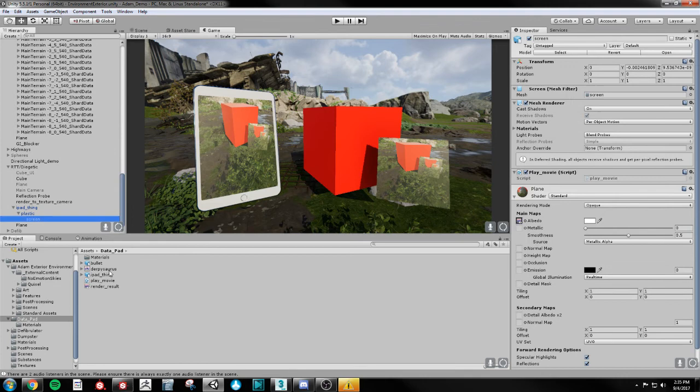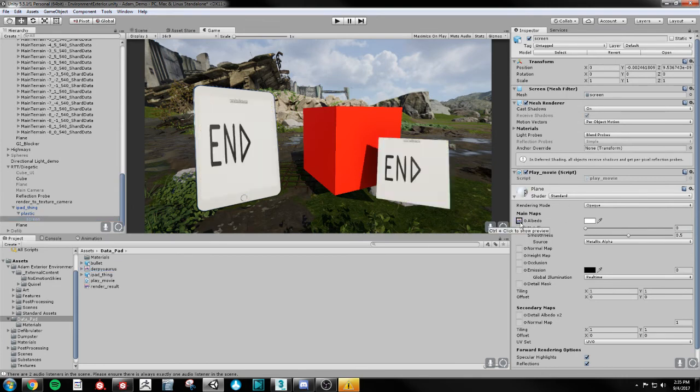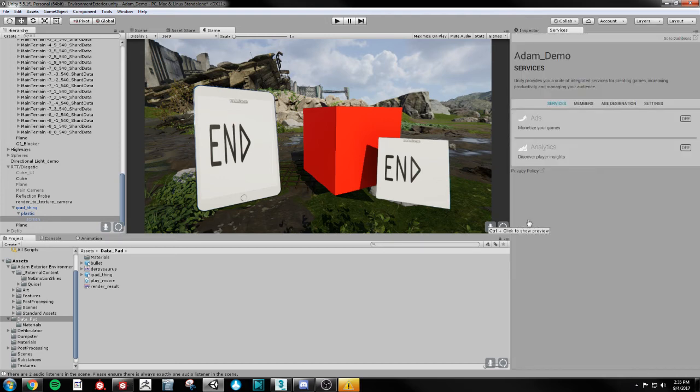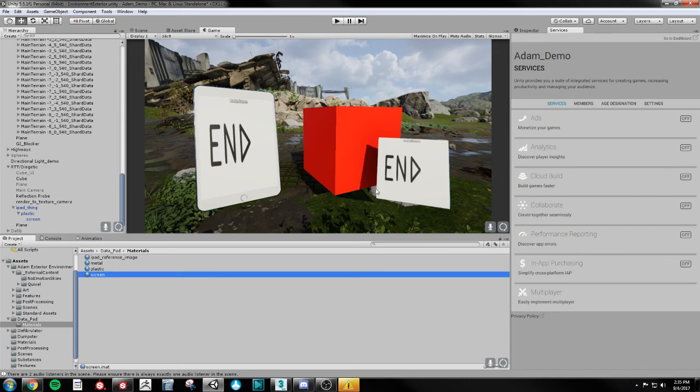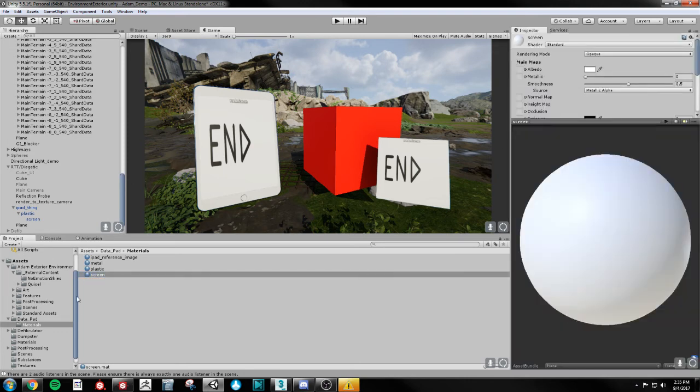But then on the screen we can put the movie back on there. Hang on, my inspector didn't pop up. Right, there we go. Pad, and get the video on the screen here,